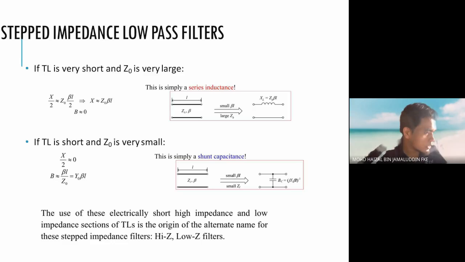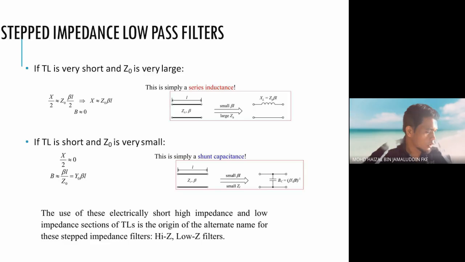And here we can see that a simple short transmission line can actually be converted to an inductor, which is XL equivalent to Zh βL. In this case, you can see that Z0 is very high, so we are using the high impedance. And for the case of a short transmission line,